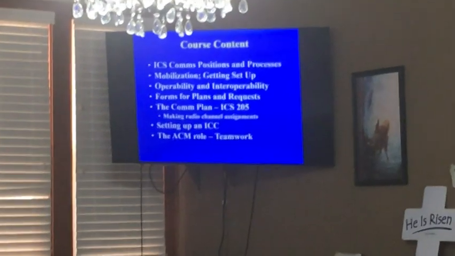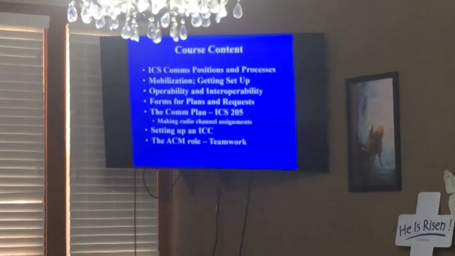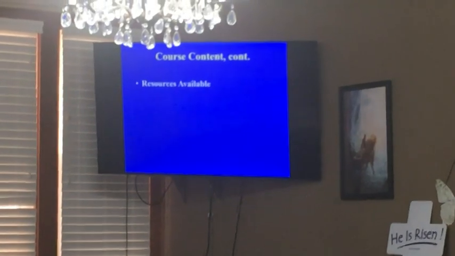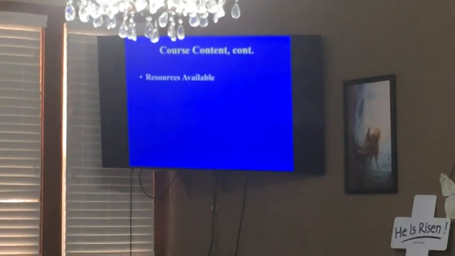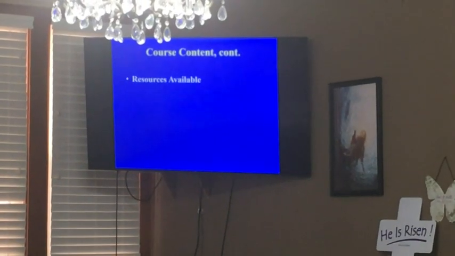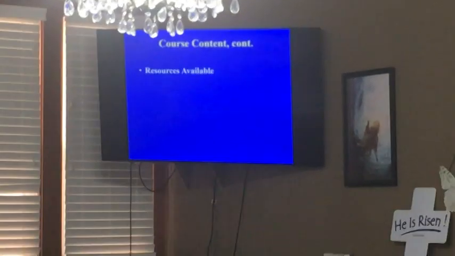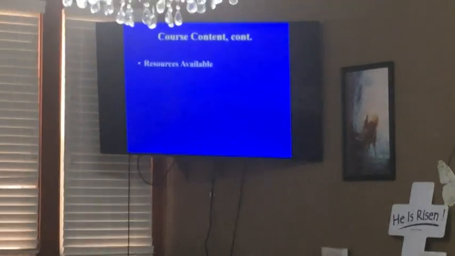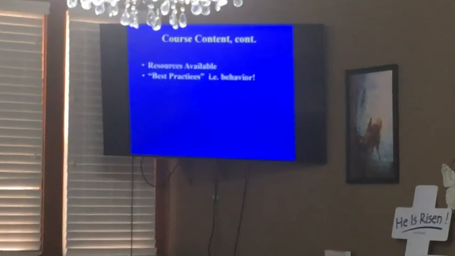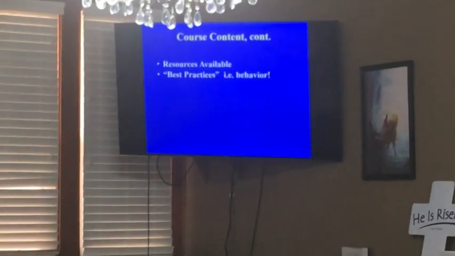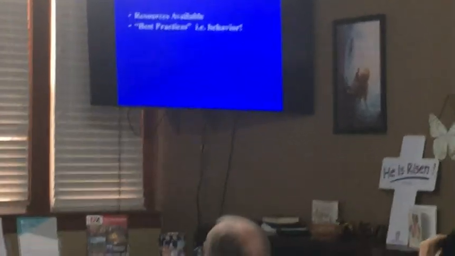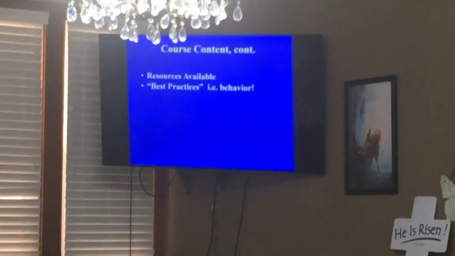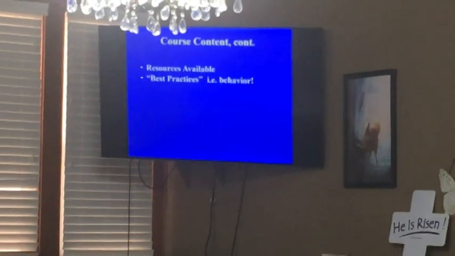And the ACM's role, that Auxiliary Communications Manager, we talk about that. Resources, just some of the things that are available to public safety communications during disasters and so forth. But here's one of the favorite chapters. The bottom line is this whole course is about 2 things: how hams operate in the ICS environment and how